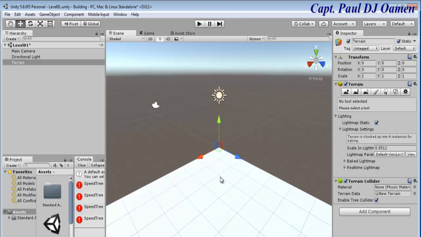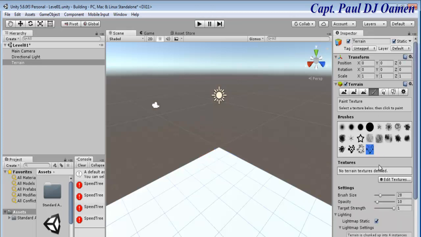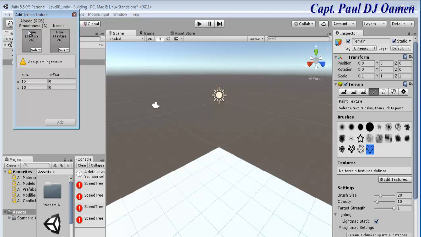So if you click on the terrain, you get all of the components of the terrain right there. So to start with, the first thing I like to do is, you see the brush. I'm going to click on that very brush. Okay, once that brush is clicked on, let's click on edit texture and add texture there. So right in here, add terrain texture. Let's click on this very button there that says select. Look at it right there, this very one. Okay, click on that,